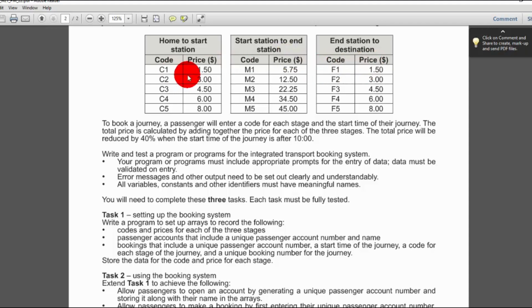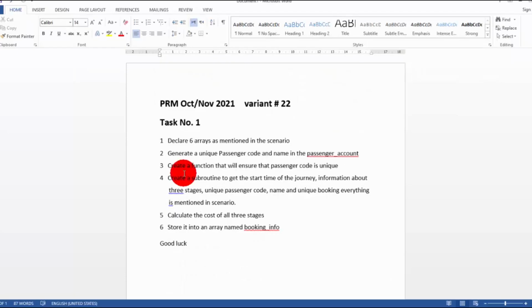So it means 2, 4, 6. Home start station, start station to end station, and end station to destination. These are the 3 stages, and every stage has 2 arrays, so in total there are 6 arrays.